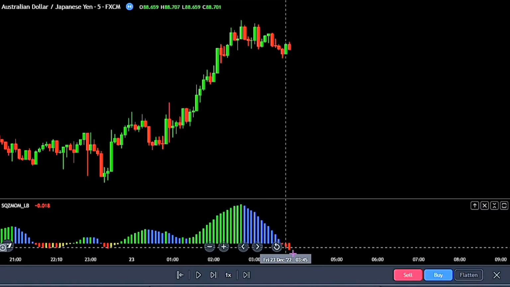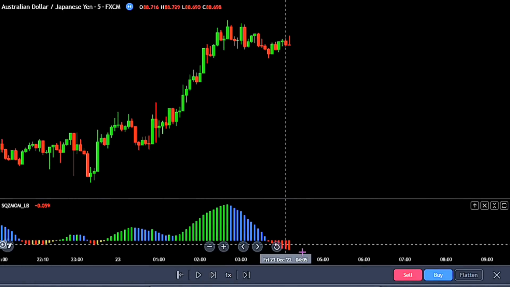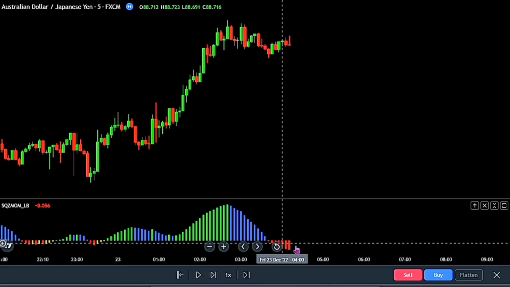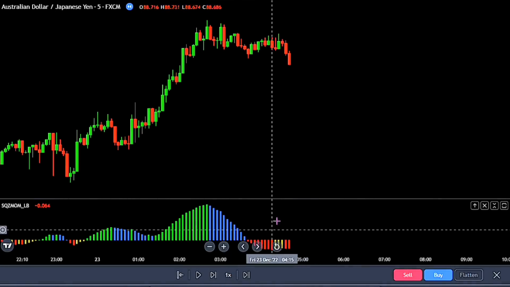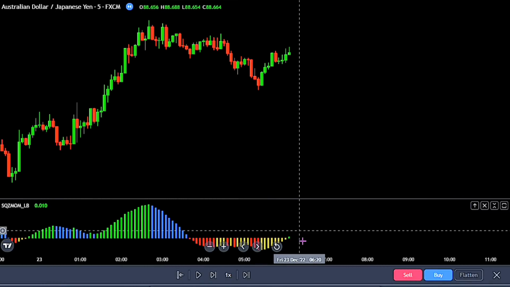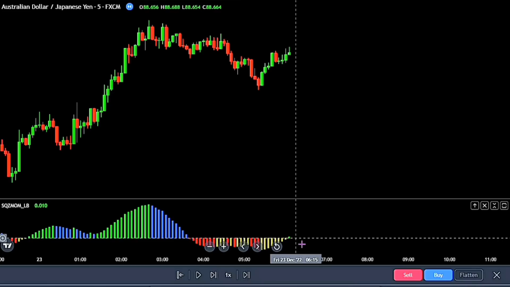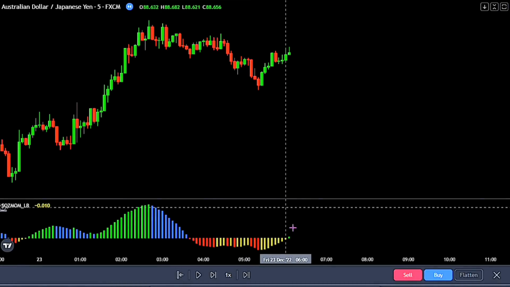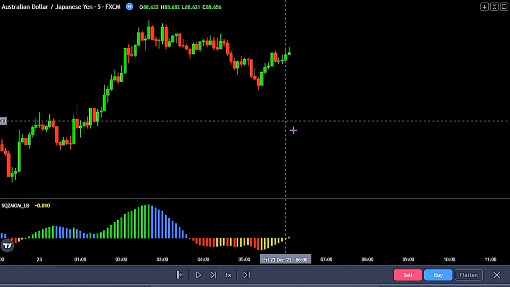Please note that if we had a red column present when we check our 5 minutes time frame, we would only want to wait for the next green column before taking trades. So now you see we got a red column on the squeeze momentum. I would now wait for the next green column before I enter a trade. So we got a green column at this point, but before we take a trade, we would have to go back